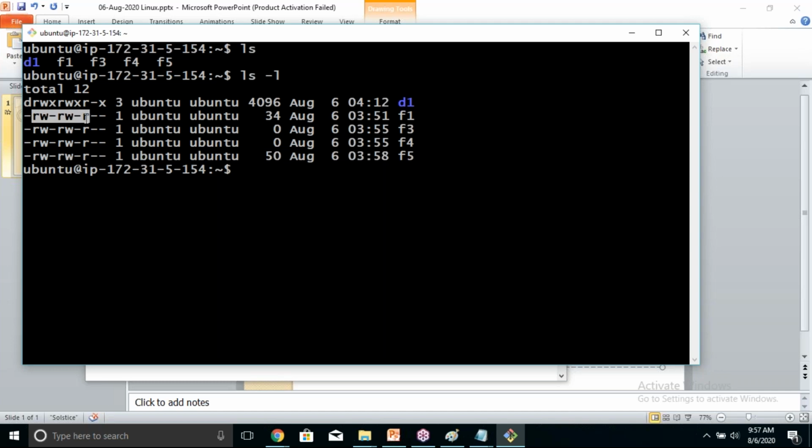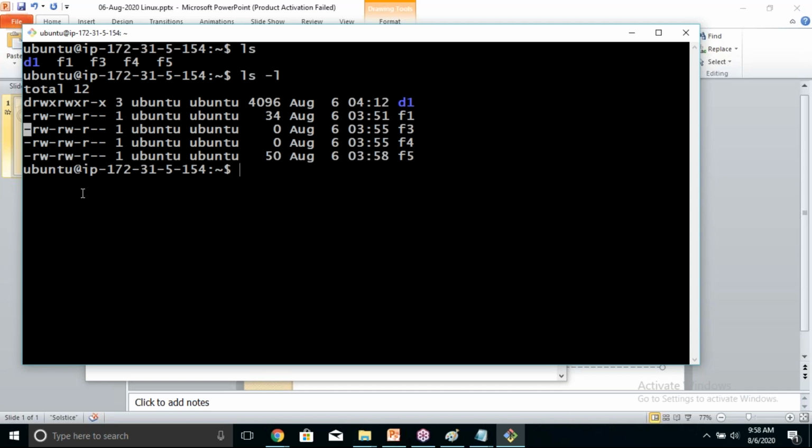These are called permissions. Files and directories will have permissions. Right now, we don't worry about these permissions. Observe the first character. If the first character is d, that means it is a directory. If the first character is a hyphen, it means it's a file. That's it. Now you are in a position to identify which one is a file and which one is a directory, even though the terminal is not supporting colors.